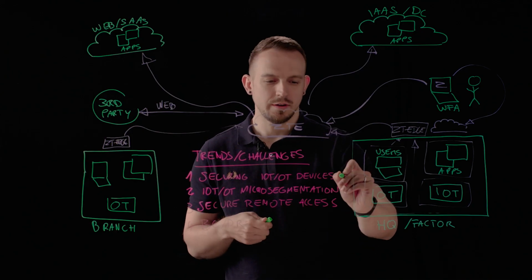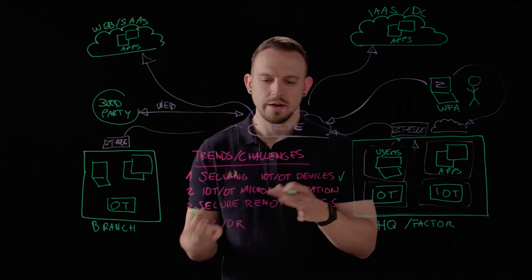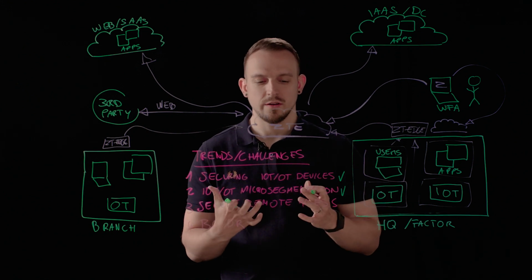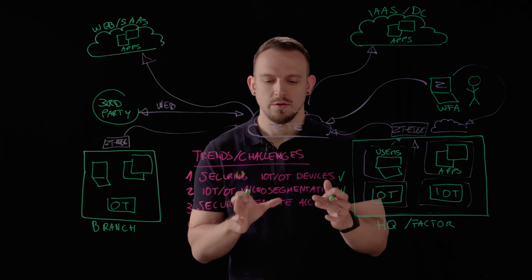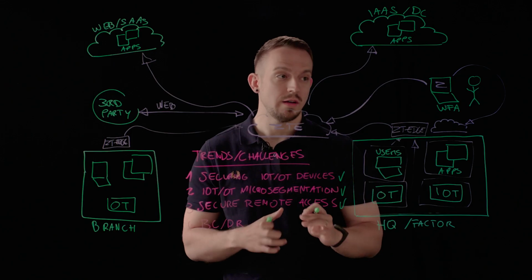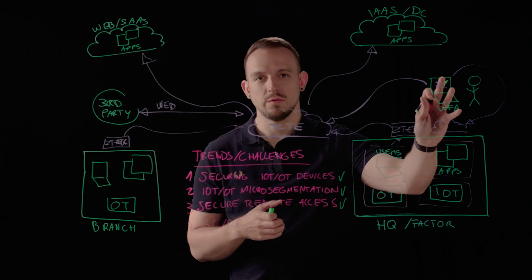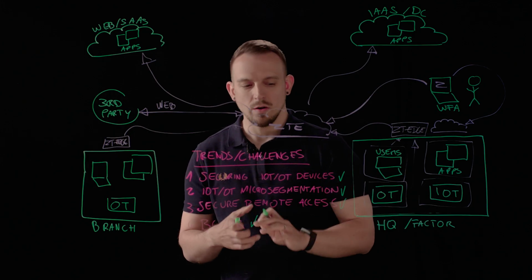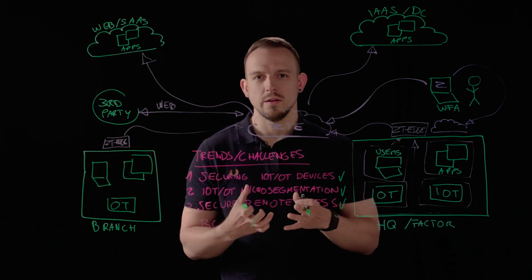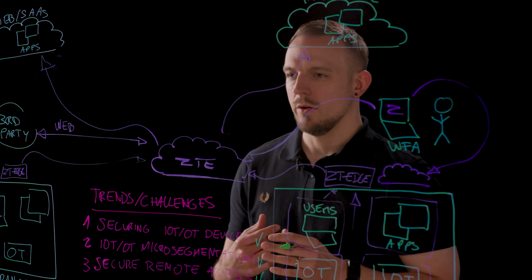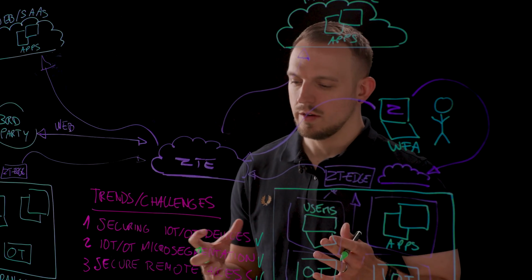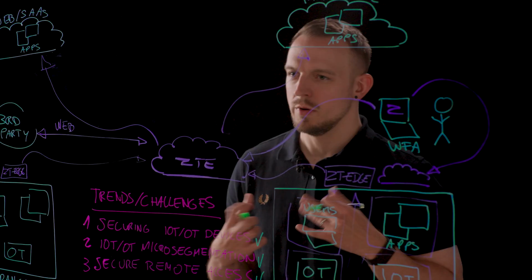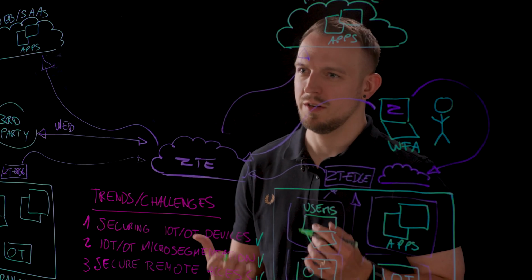So we saw how you can secure your headless or IoT and OT devices, then also micro-segment them from each other, deliver secure remote access to external parties and of course your own users working from home, and then as well making all of this redundant, and then also how this Zero Trust architecture can stay operational and provide optimal availability and security even in the case of an outage.